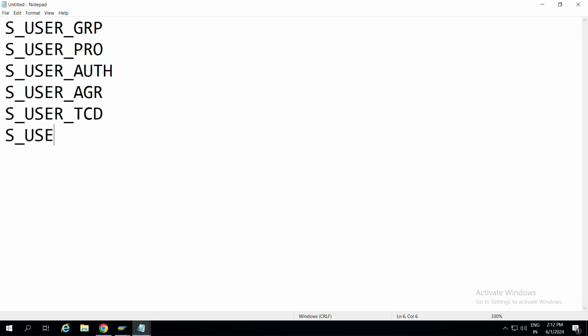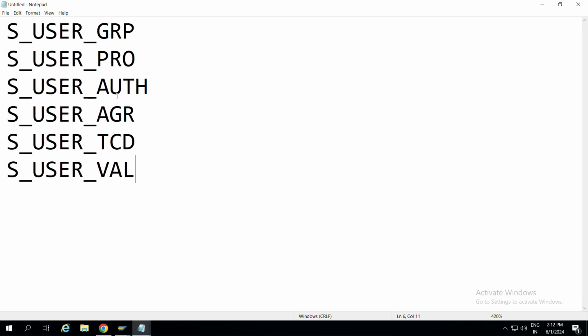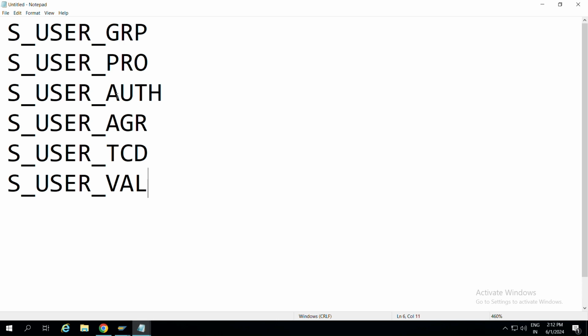These are the authorization objects which should be given to a security person for having access to user administration, like adding roles or changing passwords, all those things. You can do it using these authorization objects. A security user should have access to these authorization objects.